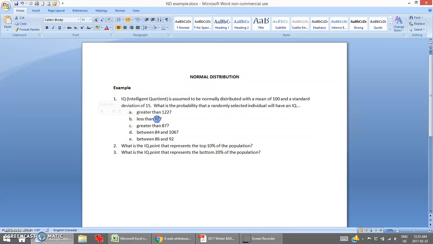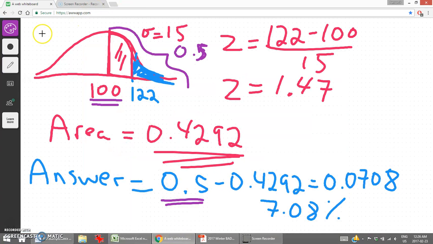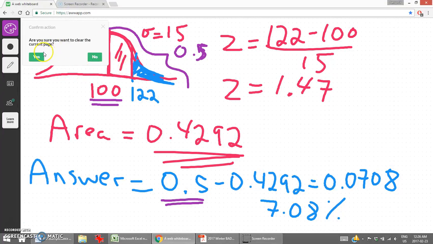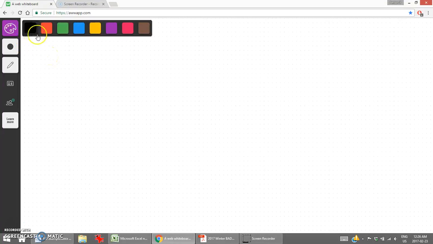Question 2 states, what is the probability that a randomly selected individual will have an IQ less than 82? One question students always ask me is when do we subtract 0.5 and when do we add 0.5. And I always tell them, it's a whole lot easier to understand when you do that by first drawing out the